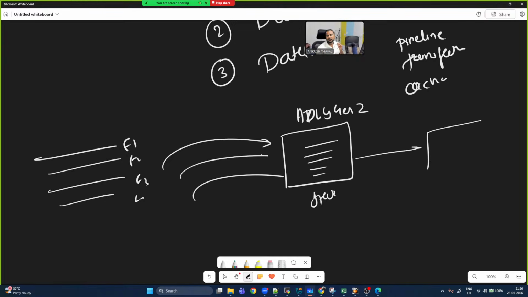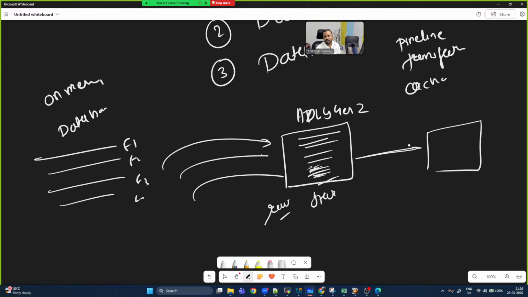Now I have data, but it is not important for me. I have raw data. This is very raw data. Now this raw data is coming from files. It can come from your multiple databases. It can come from your on-premises. So I'm getting all this old data over here, which is the raw data. Some data is good, some data is not good. What I will do on this data is some transformation. Transformation means I'm going to filter out the data which is good for me. Who will do that? It can be done by using Databricks also.